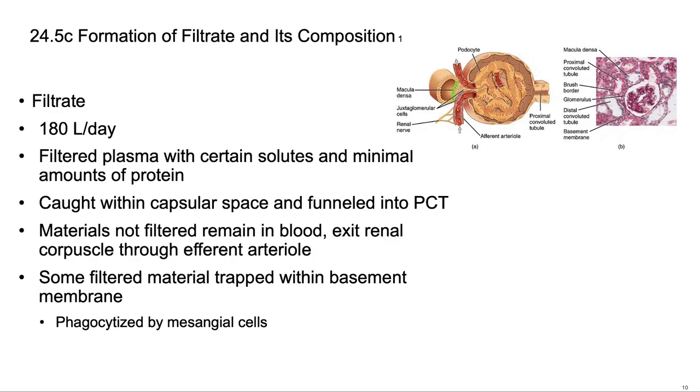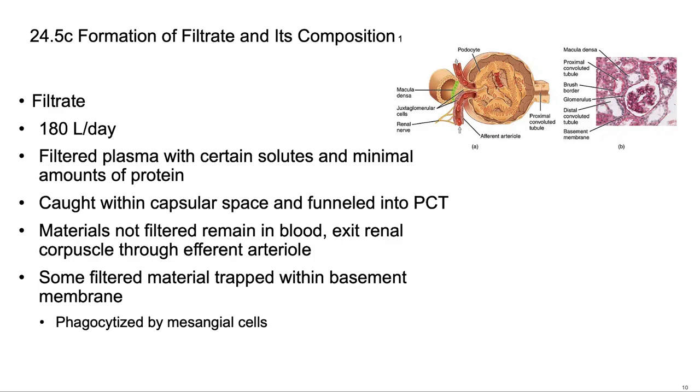From there, it goes to the descending loop of Henle, ascending loop of Henle, into the distal convoluted tubule, collecting duct, and then ultimately into our ureter, bladder, urethra, and is excreted out. So again, certain things are not filtered because they are too large. They are trapped within the basement membrane. They are retained within the